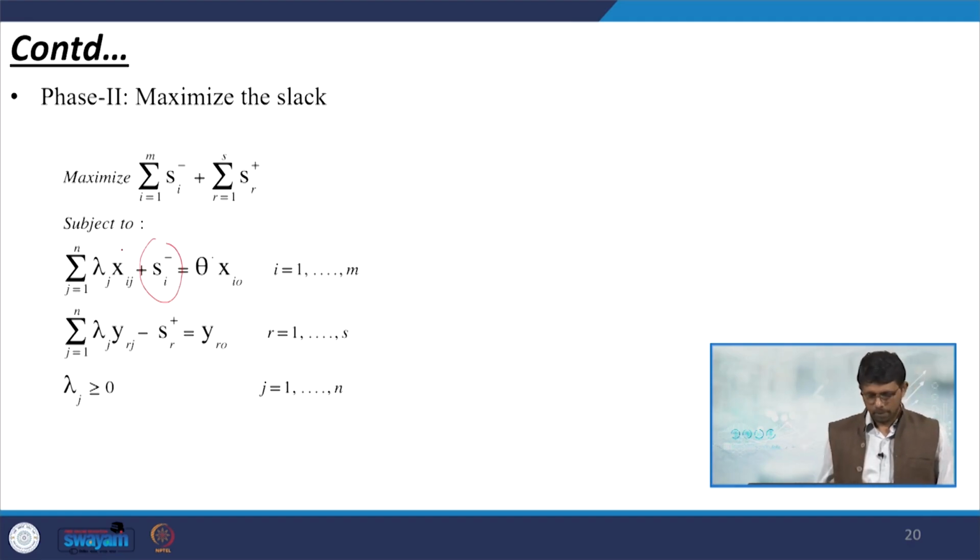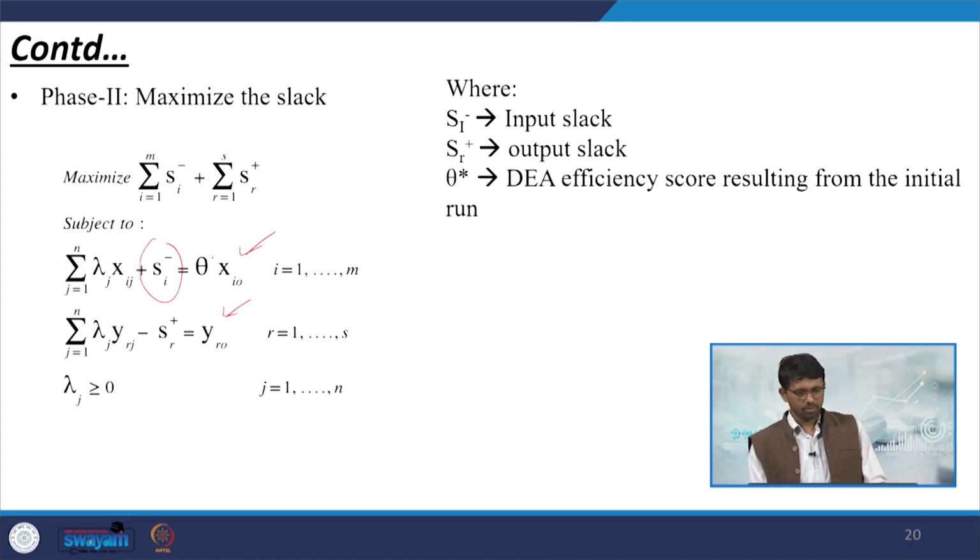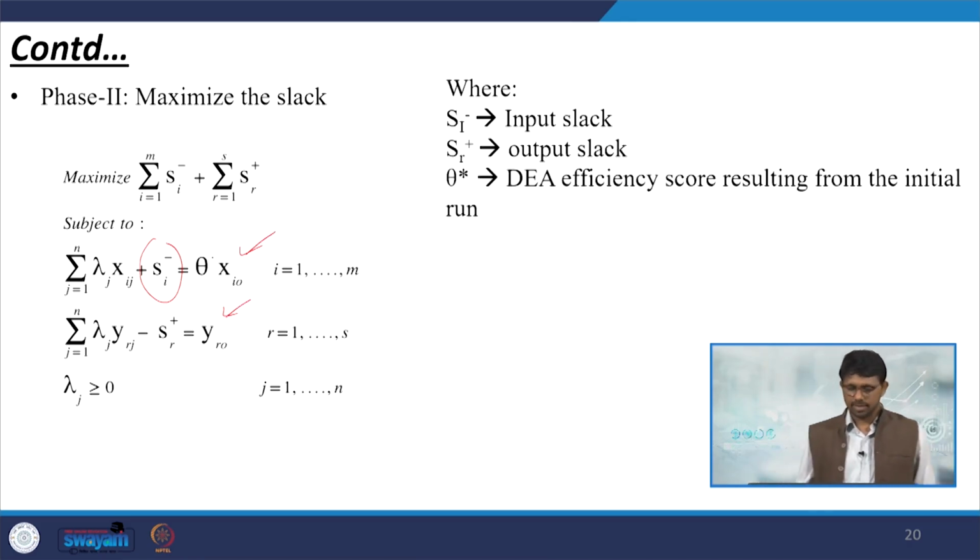Okay, all right. And you can just see the changes, and the rest are almost the same. This is related to the input constants and the output constants, and accordingly we can identify the maximization. Now here it is very clearly defined: minus is written as input slack and plus is output slacks, and theta star is basically what we already discussed as the DEA efficiency score resulting from the